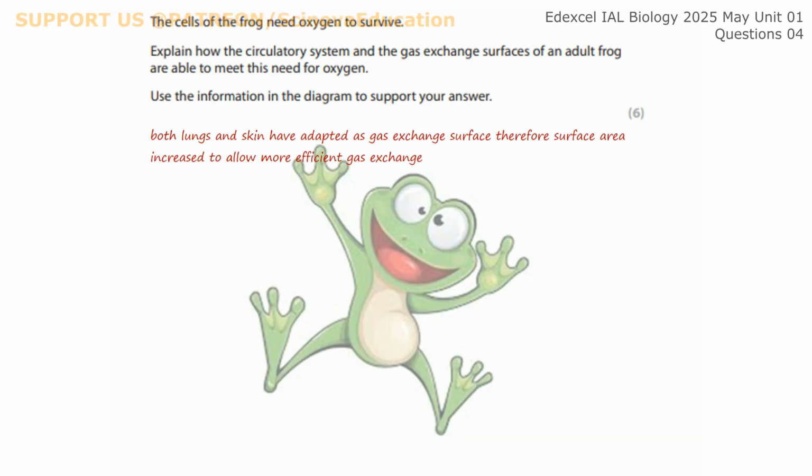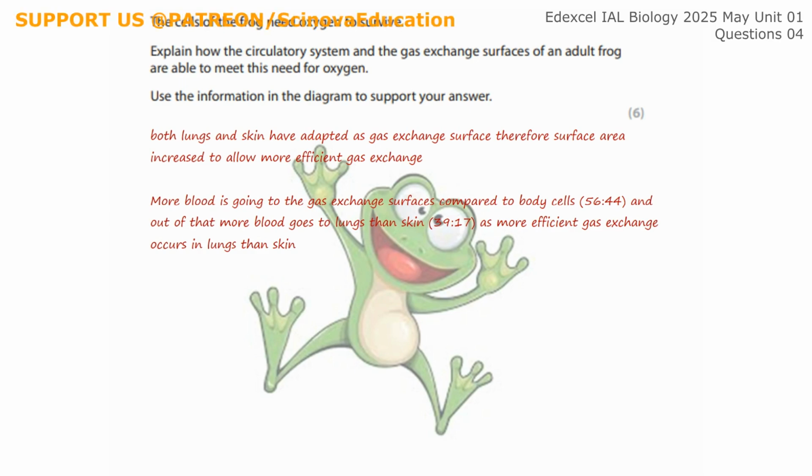Both lungs and skin have adapted as gas exchange surfaces. Therefore, surface area is increased to allow more efficient gas exchange in the skin. Lungs, already we know it is the adapted structure for the terrestrial environment. More blood is getting into the gas exchange surfaces compared to body cells. You can see 56% of the blood is getting into the gas exchange surfaces, if you refer to that diagram in about